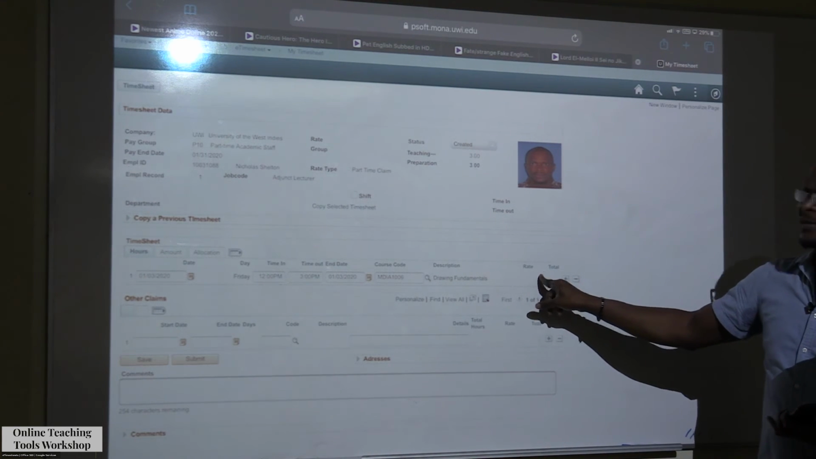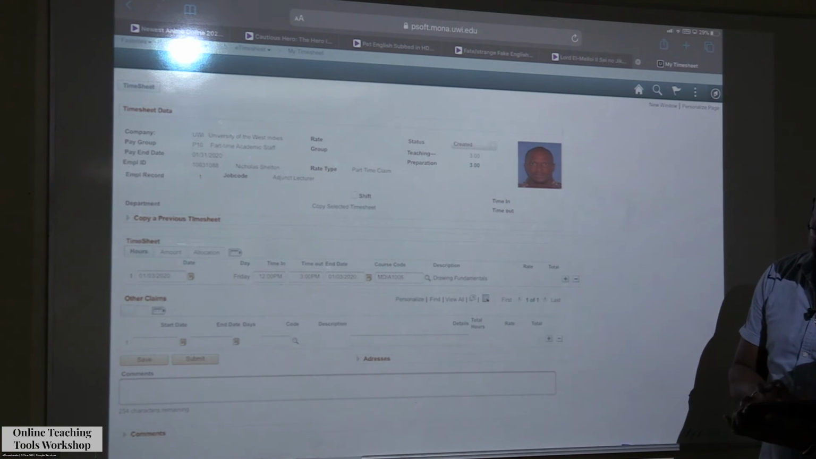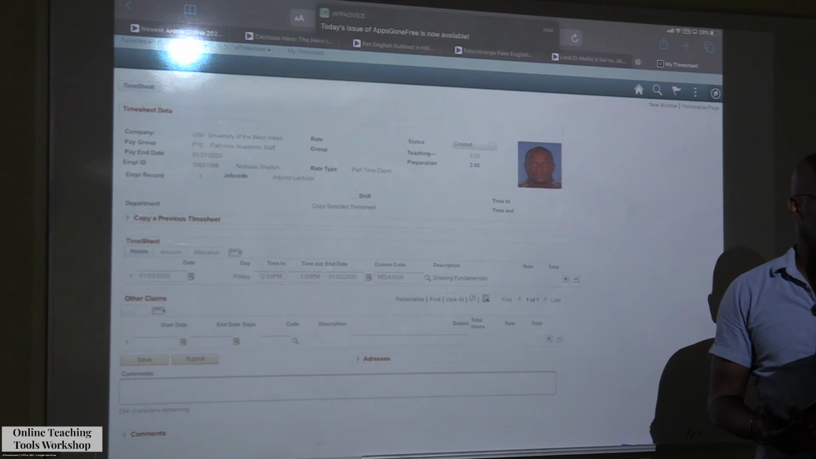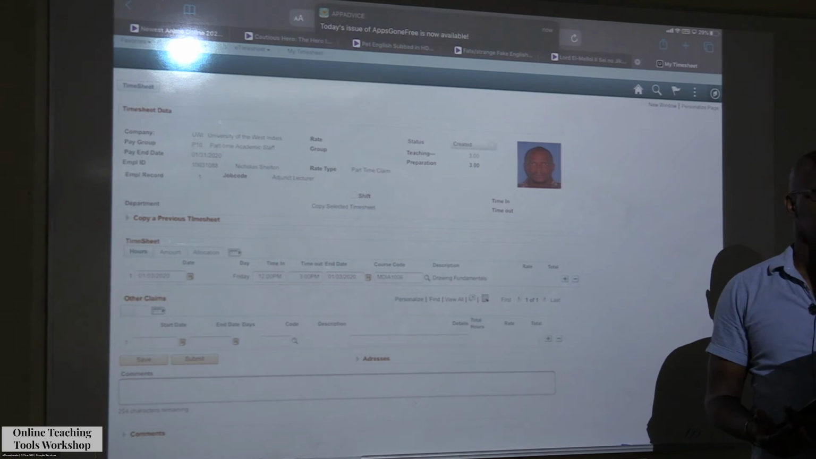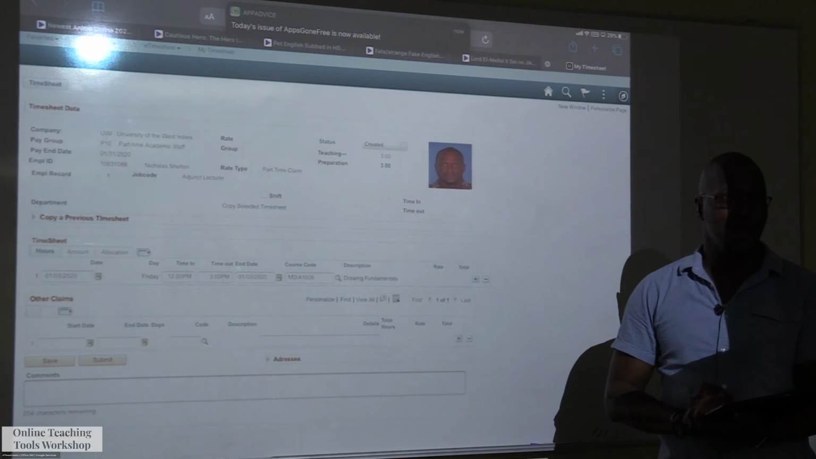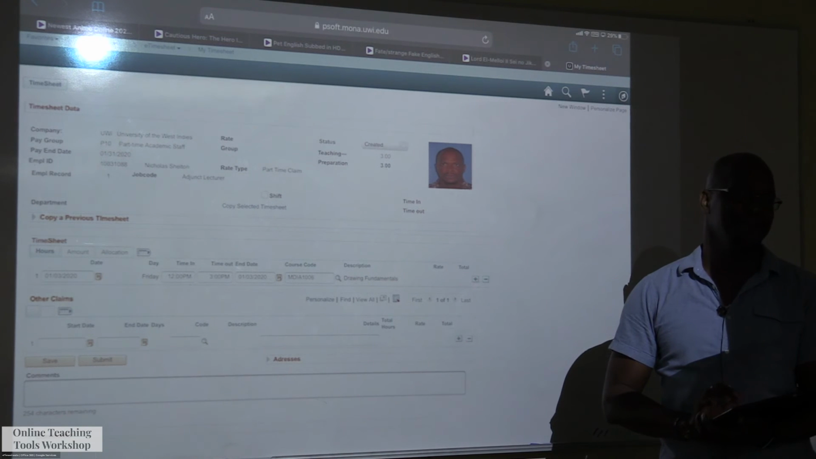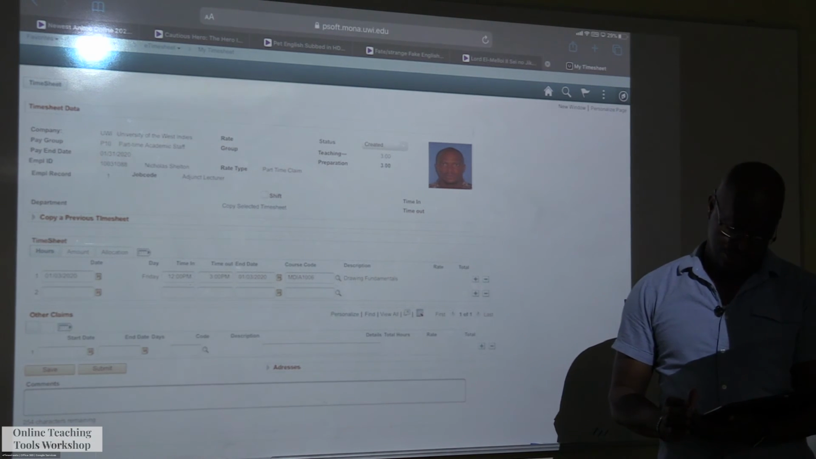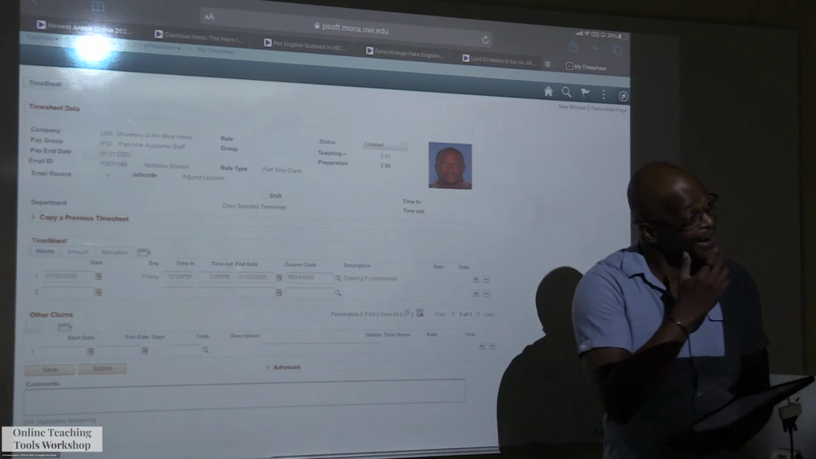Okay? So once I go and I click add, because I might have more than one course I'm claiming for, right? Or I might be claiming for a month. So it's multiple claiming. But I can't go any further than this, right? Because once I go add, well, apparently,